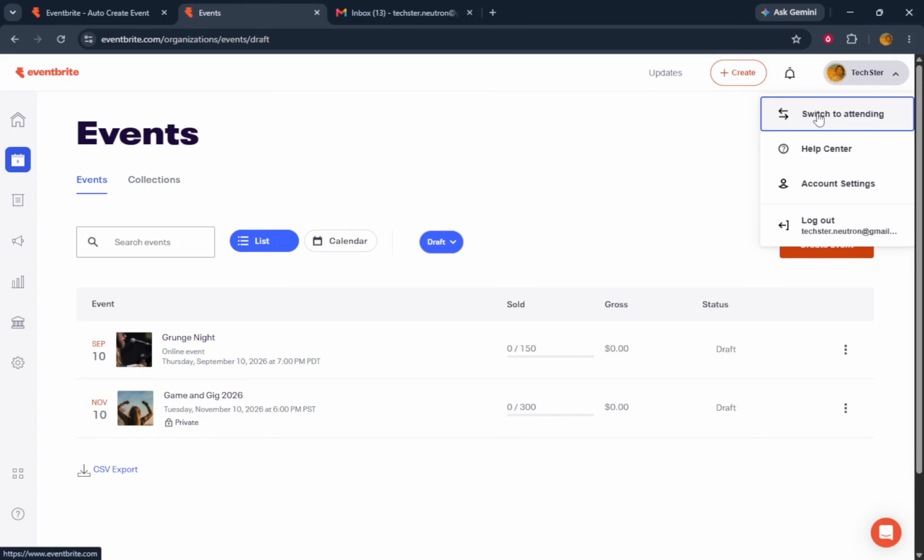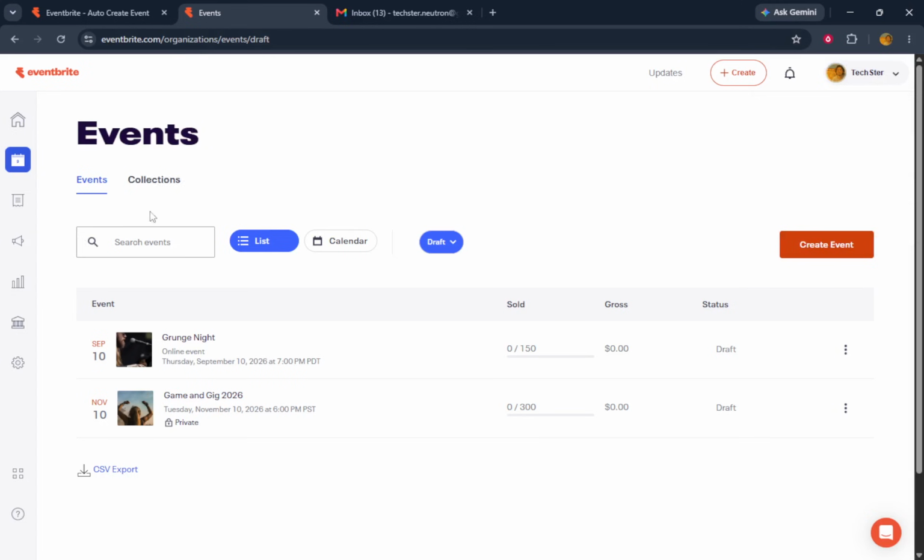Begin by signing into your Eventbrite account. This is your personal gateway to accessing all the features and settings you need. Once logged in, navigate to the Manage Events section. This is where you can control and oversee all aspects of your events. From there, select Finance. This section is crucial as it houses all the financial settings for your account.